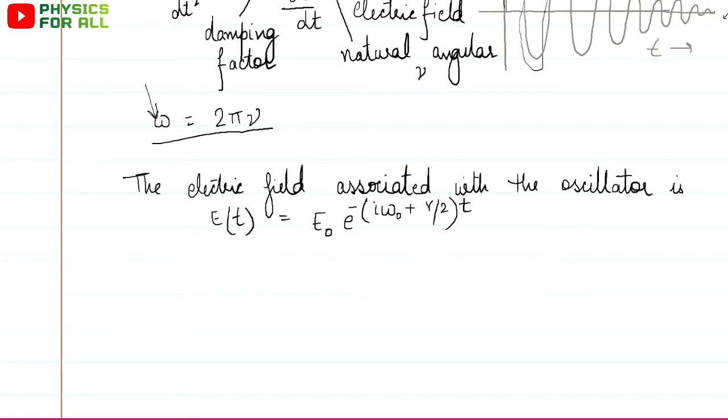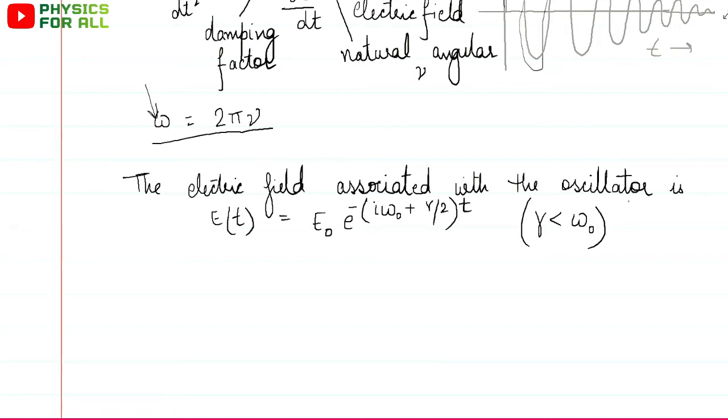We always mention any electric field or magnetic field in this form whenever we have to mention it in terms of amplitude and the phase. Here the phase tells us that omega naught is the natural angular frequency. Plus we have added the damping factor. This damping factor is smaller than the natural angular frequency. It's not even comparable, it is small. So that with time, after some time has already passed, some sort of damping would begin.